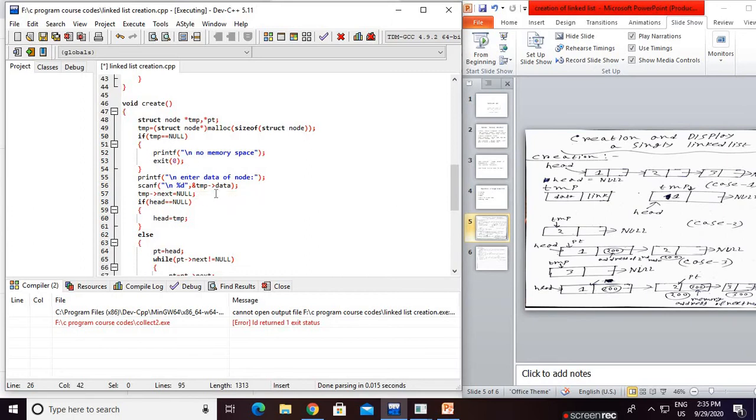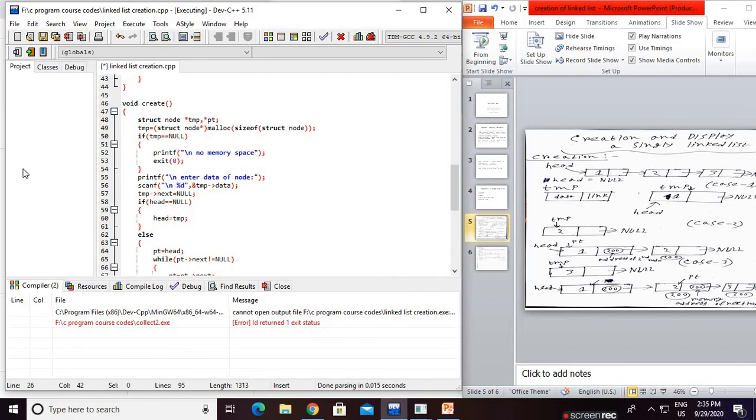ampersand TMP arrow data. What I am trying to say is that TMP here is our node. We are taking a pointer TMP, but actually it points to the new node we are creating. So we can assume that TMP is just the name of a node. Just assume. So the TMP node has a data part and an address part, the next part. This value we are storing in the data part. And TMP next, considering the node name is now TMP for example, the next part is assigned with null.